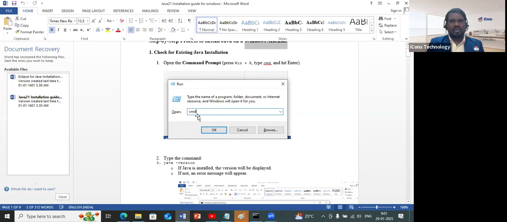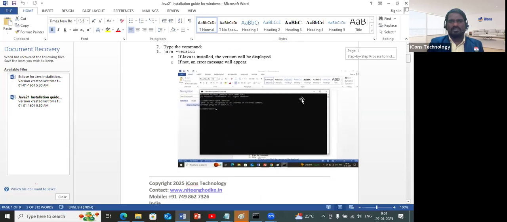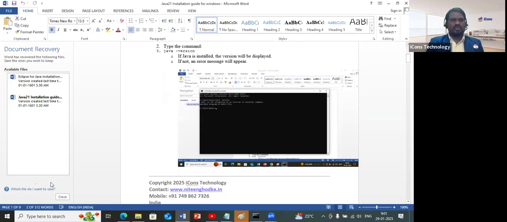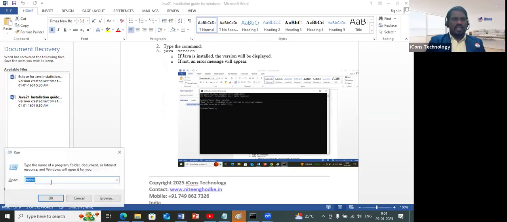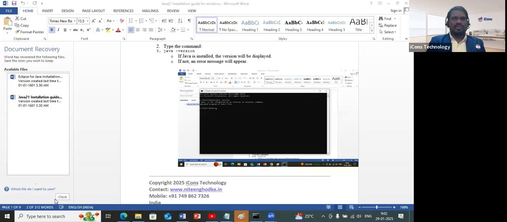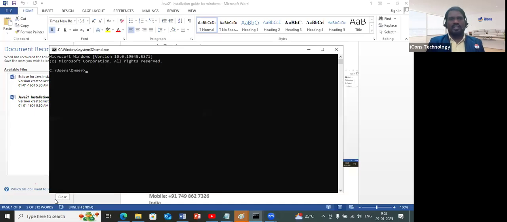this run command, or you have a separate run command there. You can just go there and type cmd and press enter. As you enter, you will get this black screen. I'm just going to show you. I'm trying Windows R. As you write, you can see here I have different options. I'm just going to click cmd. As soon as you enter the cmd, you are getting this one, and there